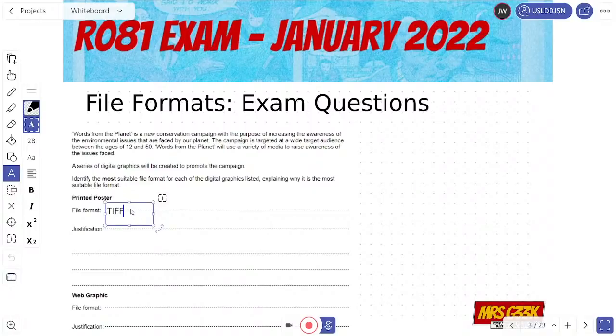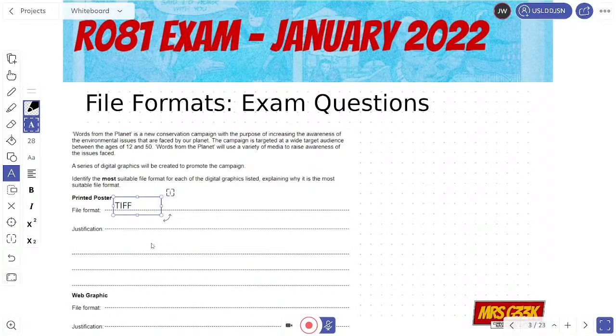Now, some of you might have an intricate knowledge of these sort of things like graphics. That's fine. Just don't overcomplicate it. If you know the answer, there's no need to go above and beyond what you need to. Okay, look at the marks on this one. There would be a mark for this and then 2 marks for the justification. Now, for your justification here, don't just say it's better file size or it's a good file size. You need to actually explain to the examiners that you know what you're talking about.